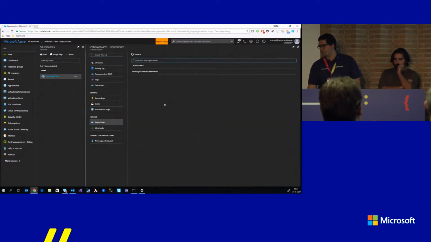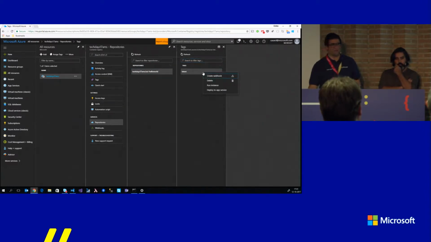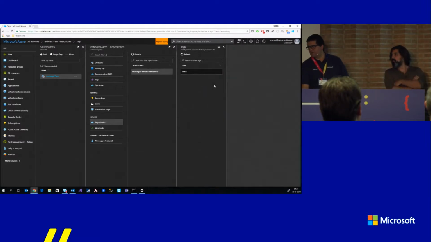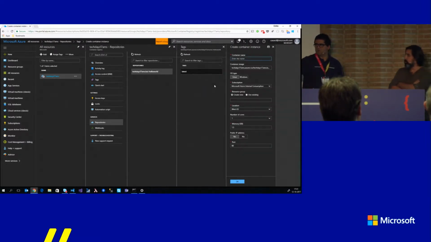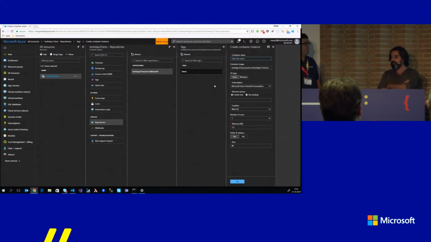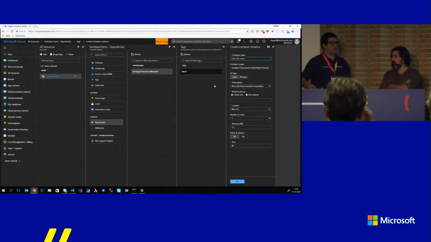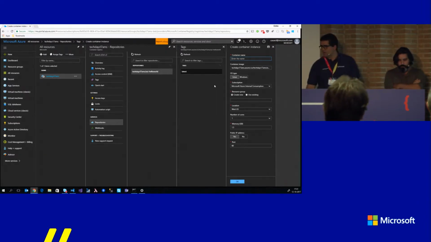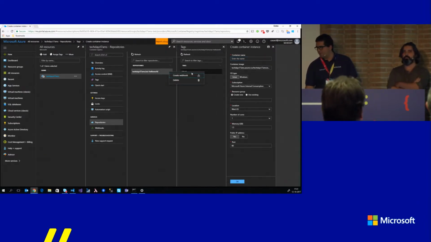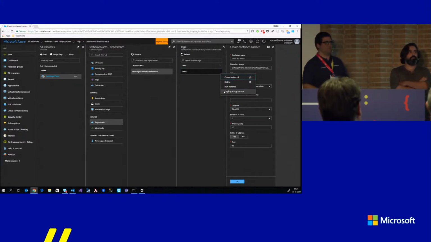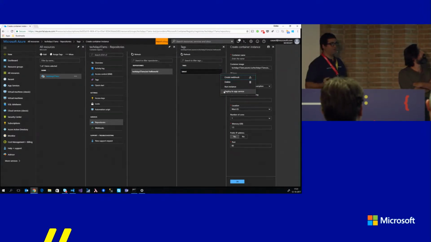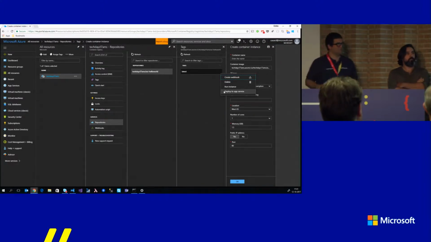in this repository. By the way, it's the same one that I have. And what you can do is really cool. You can literally right-click and say, run this new container based on a new instance. It allows you to easily create a container instance, and you specify the same sort of parameters we had on the command line. And boom, voila, it's running. You can also deploy to App Service. If you know, we also support containers on App Service, so you can easily deploy there too. So it gives you a lot of options.